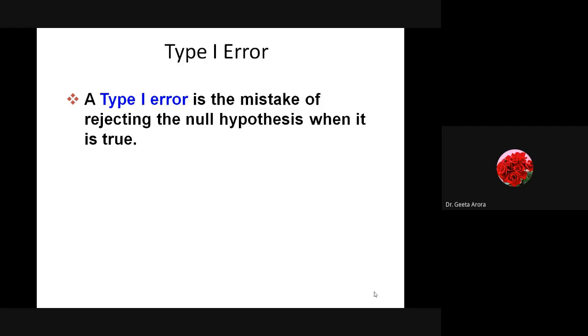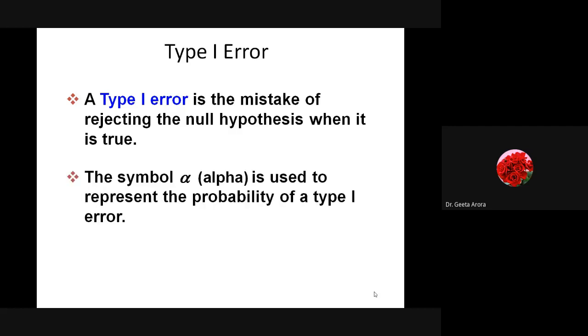So this type of mistake is known as a type 1 error, and it is represented by alpha, and alpha is a symbol that we have used for the level of significance. Alpha tells us the probability of happening of type 1 error. This is an error where we reject the null hypothesis, due to some calculation mistake, when it was actually correct. So what is the chance, the probability of that error? That is the level of significance.